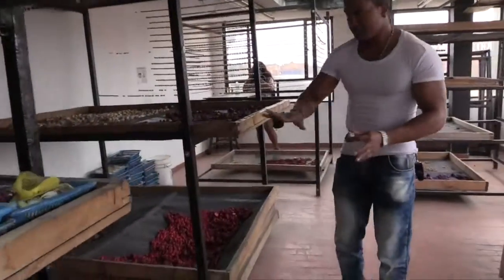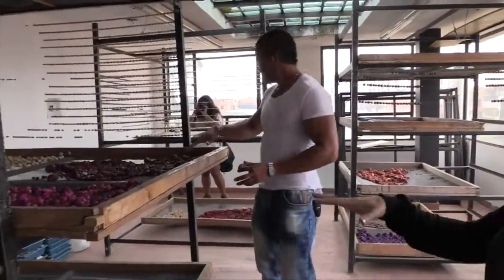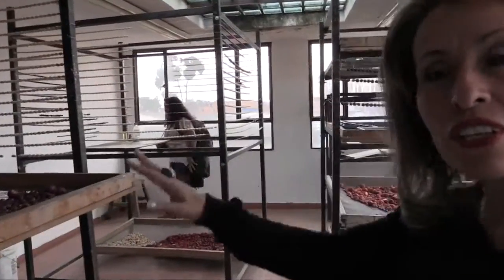After the process upstairs, they bring it down here so it is covered, but they continue